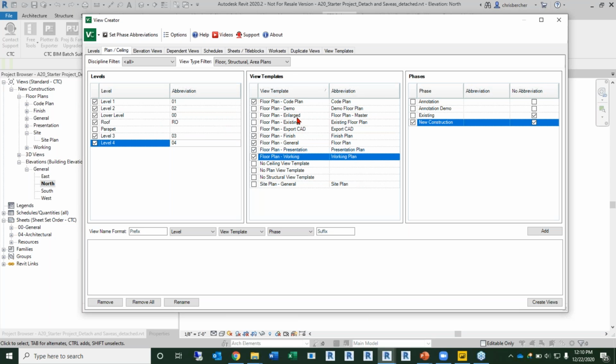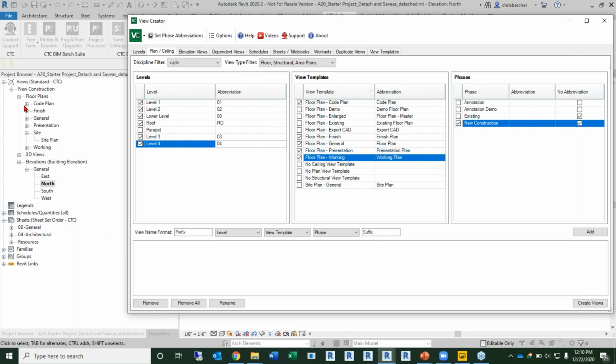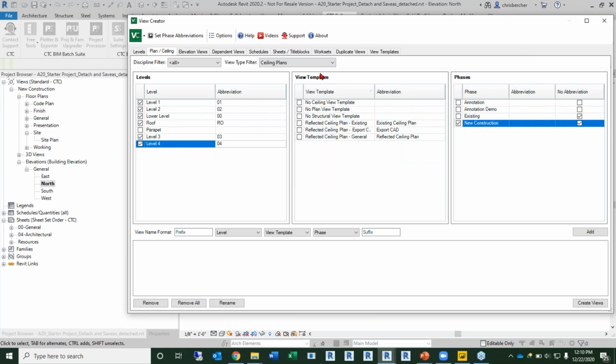And because of the way I've configured my view templates and sorting in my project browser here, I have them grouped accordingly. So my code plans, finished plans, and such. I can also now come back, switch it up, and do my ceiling plans, and effectively do the exact same thing. So I can switch this over, grab my